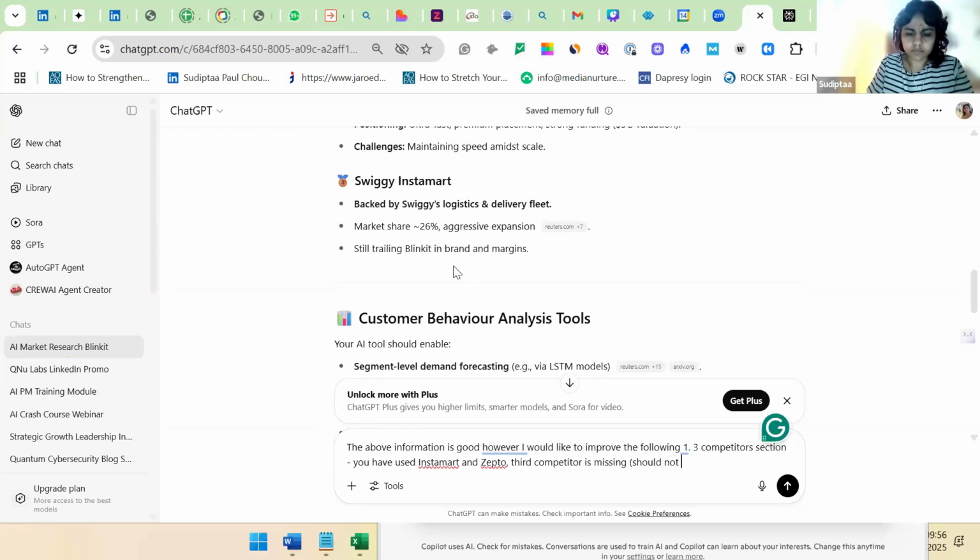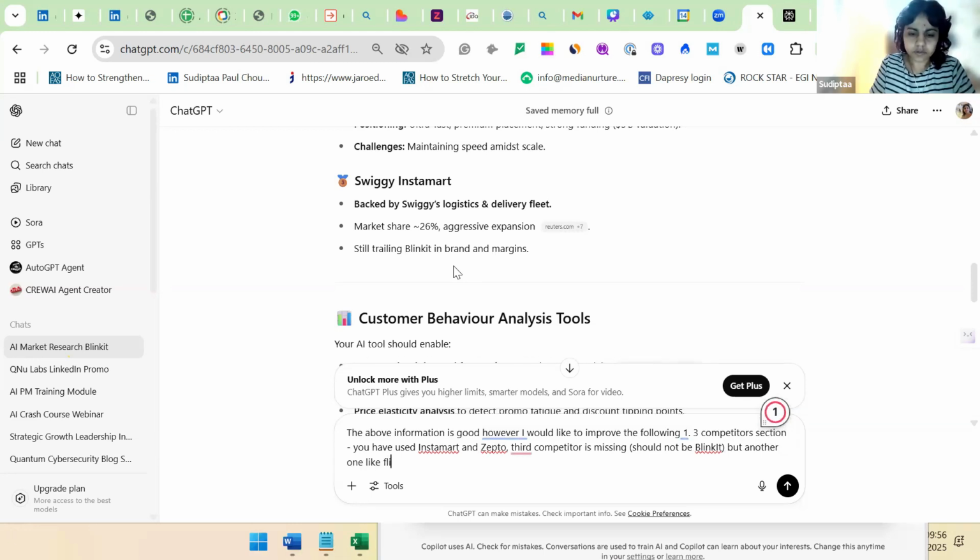It should not be Blinkit, but another one like Flipkart. Do your due diligence and list the competitor. The way you talk to your colleagues, the way you talk to your manager, your family and friends, the same way you talk to this AI tool. Do your due diligence and list the third competitor.